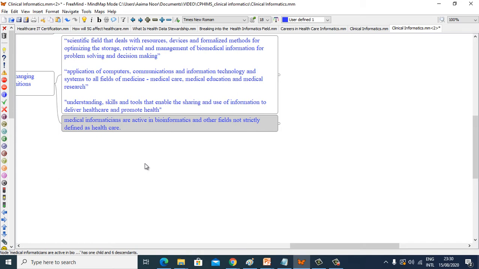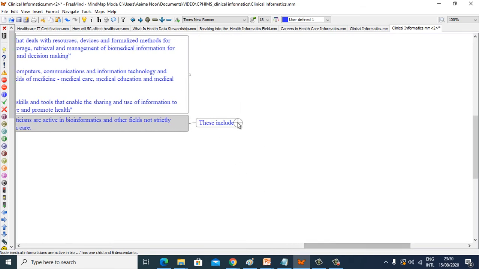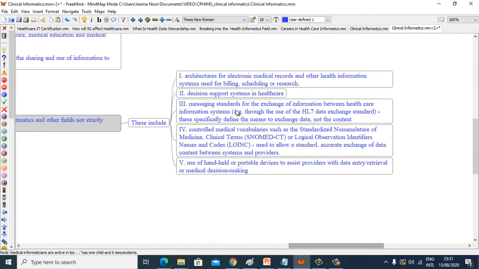Medical informaticians are active in bioinformatics and other fields not strictly defined as healthcare. These include architecture for electronic medical records and other health information systems used for billing, scheduling, or research, decision support systems in healthcare,